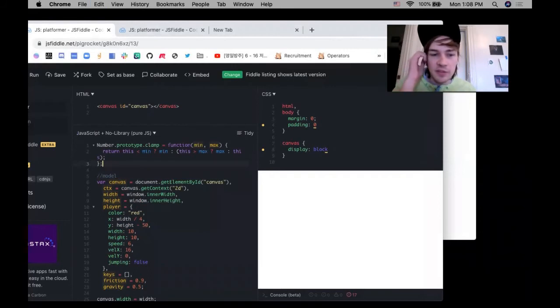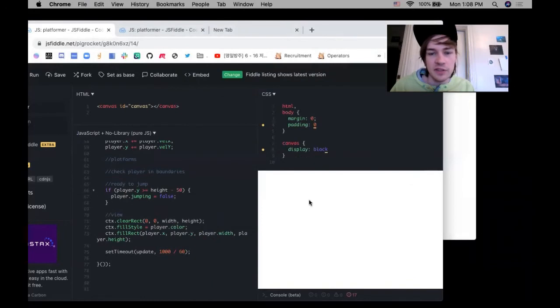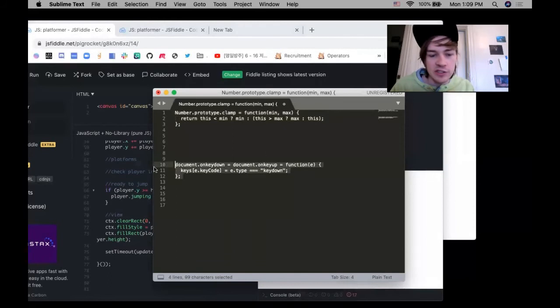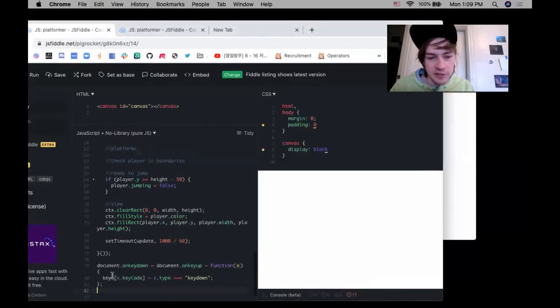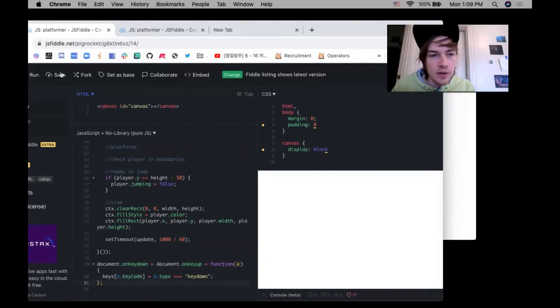But we're going to put this at the top of the screen. We're going to say Number.prototype.clamp equals function(min, max), and then there's my ternary return. So this would look different if they write it, unless you want to teach ternary operators, but that's more of an advanced topic. Okay, and then one more function, this time at the bottom of the screen. This is just a helper function to get our key presses. So on key down, it stores the key in the keys array. Okay, so